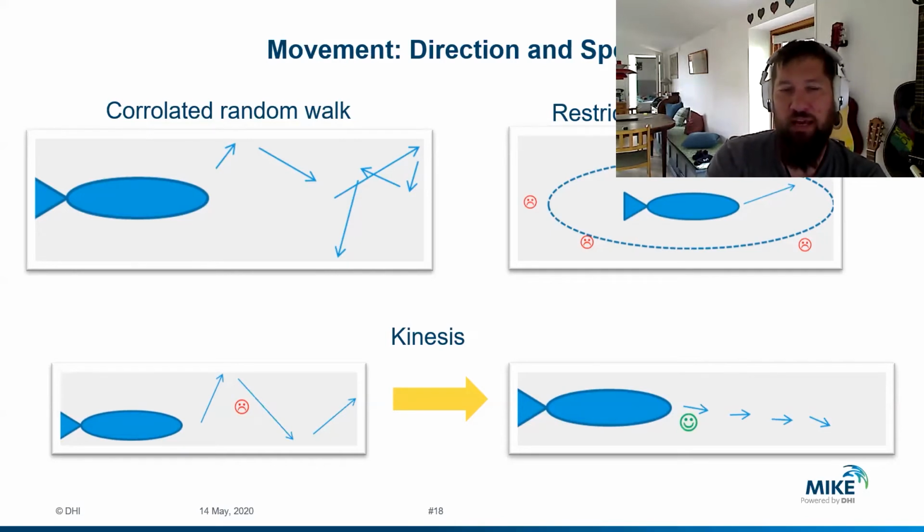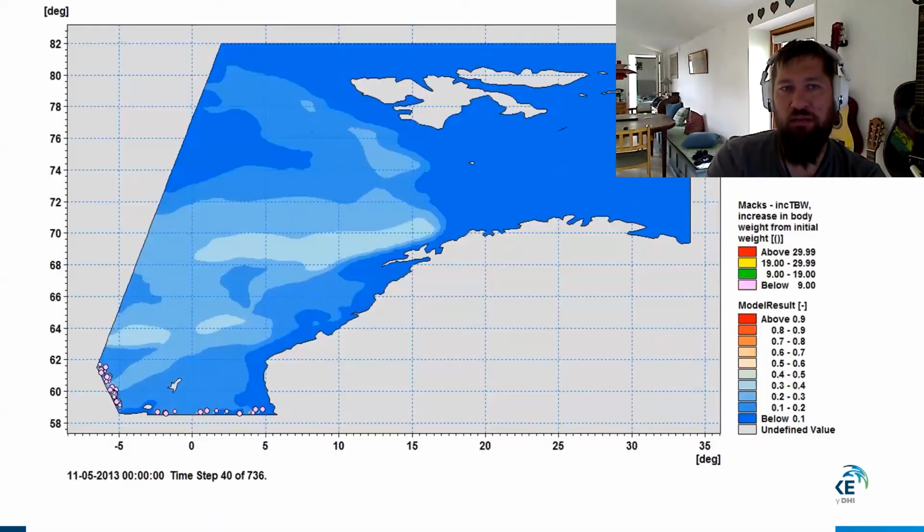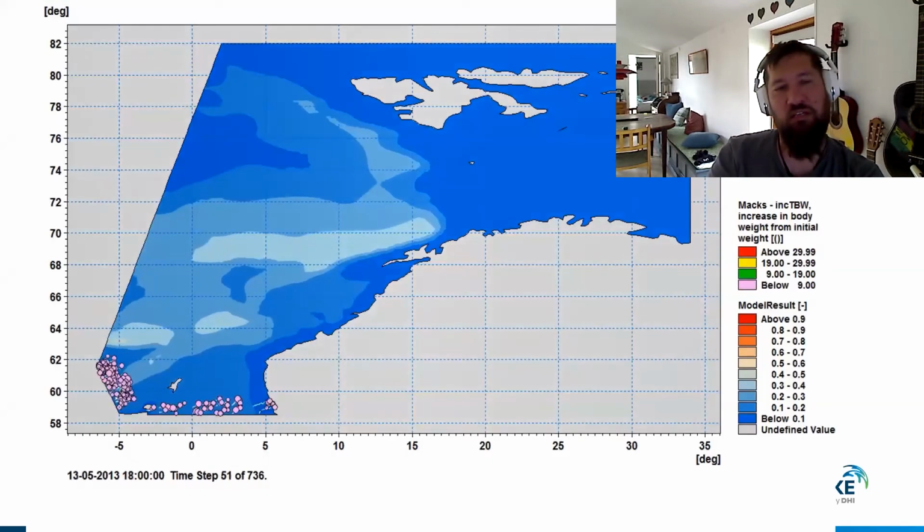These kinds of walks we applied in a model that is here. This is one of our mackerel models, which is mackerel migrating along the coast of Norway. They'll be migrating northwards to go forage, and at some point in time, they'll have enough forage. Their body size will be full enough, or time will just have elapsed for them to go south again. And that looks more like this.